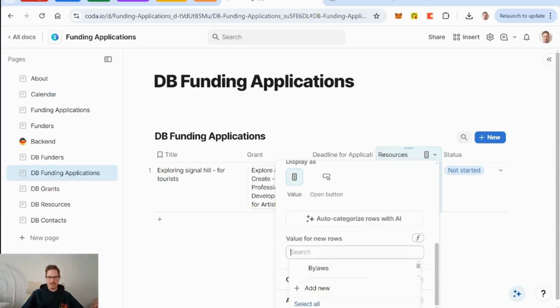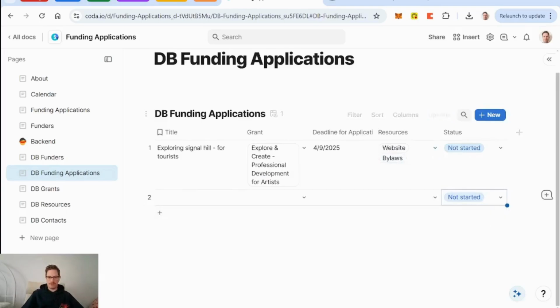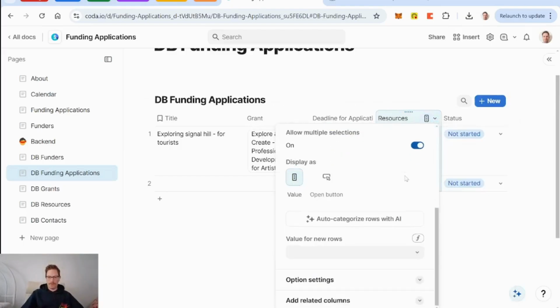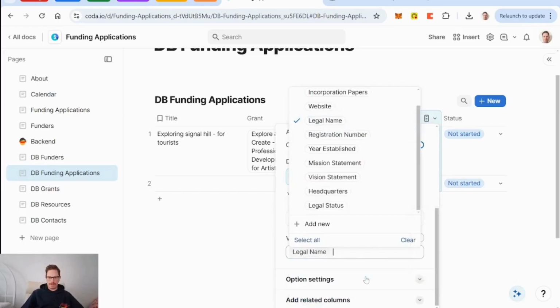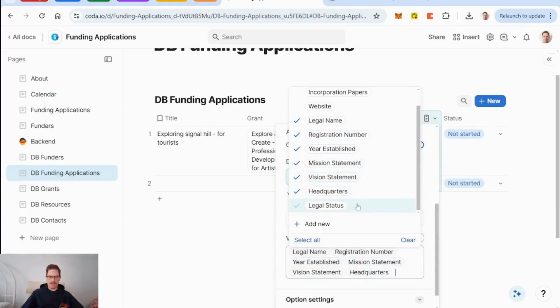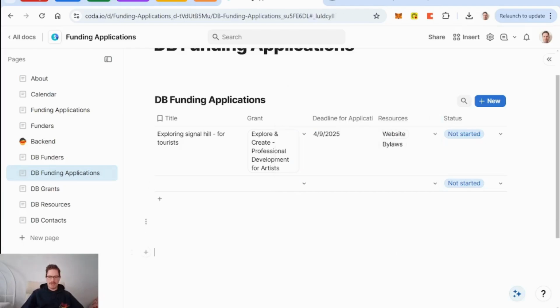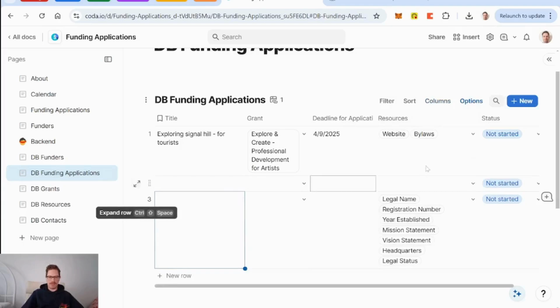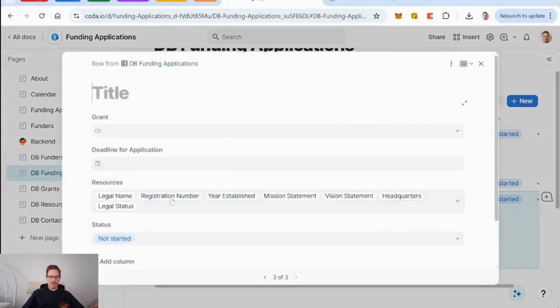All right, so let me try to give it some more space here. Let's say legal name, registration number, year established, all this stuff we think is going to be asked on every application. Then I can just push it in, and then every time I make a new one, that just pops up there as resources, okay? And it doesn't look like it's a big help here because it's just the names of things. But when I open this row,